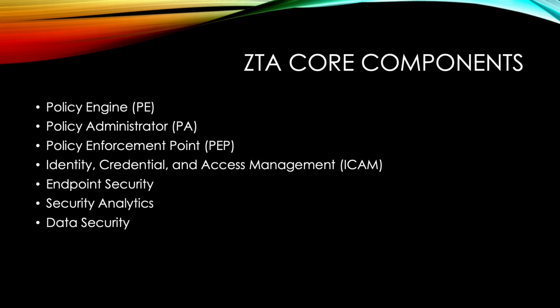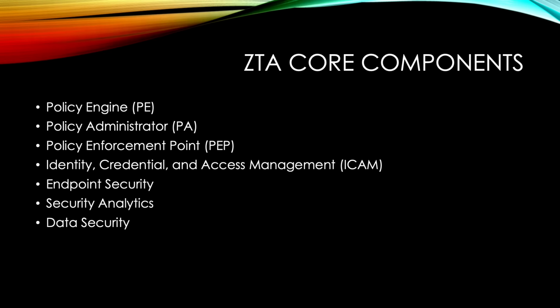At the heart of every Zero Trust deployment are the core components that control access decisions. The policy engine determines whether access should be granted based on risk, identity, and context. The policy administrator carries out these decisions, and the policy enforcement point is where traffic is actually allowed or blocked. Supporting these are systems responsible for identity and access management, endpoint security, security analytics, and data protection, all feeding into